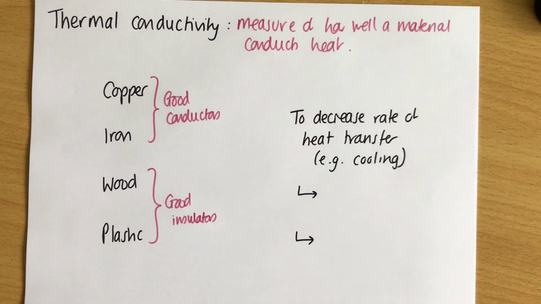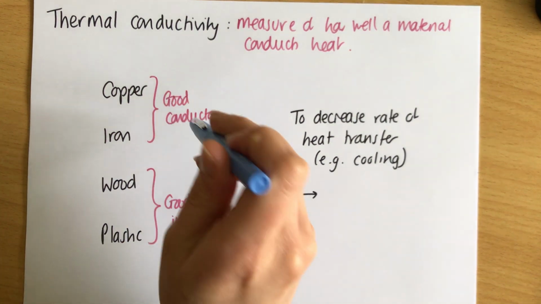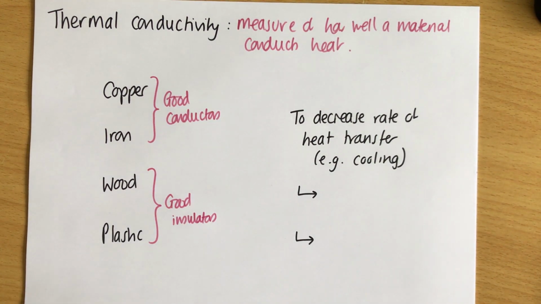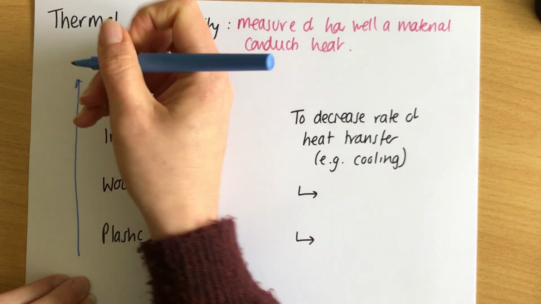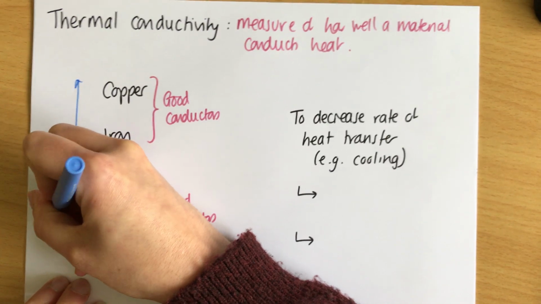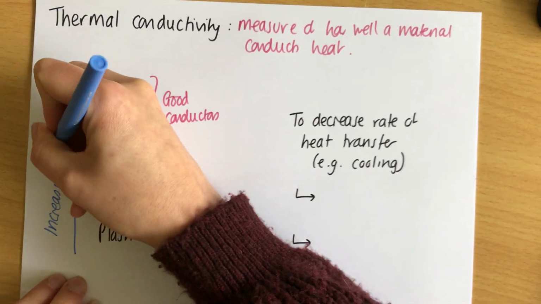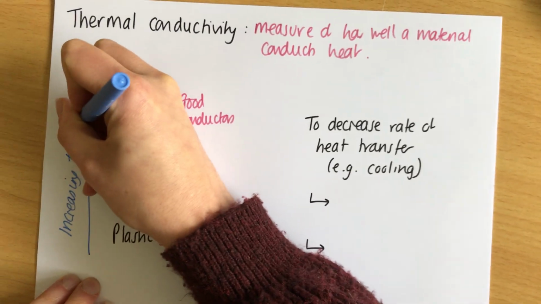Now, thermal conductivity is how well a material conducts heat. So good conductors have a better thermal conductivity than bad conductors, which are also known as good insulators. And if I drew an arrow here, I could label this saying increasing thermal